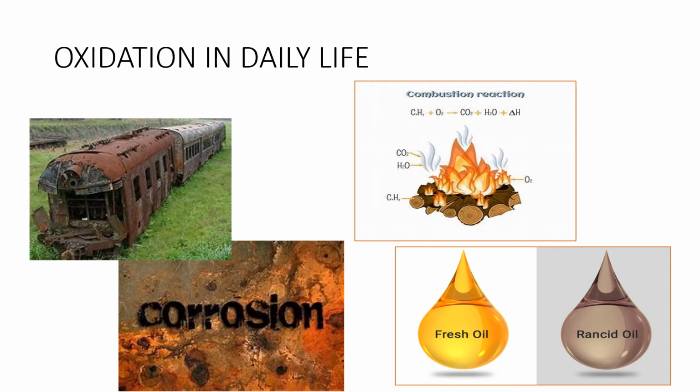Corrosion. We often find that the surfaces of many metals become either dull or are slowly eaten up when these are kept in open for a long period. This is called corrosion. For example, the surface of copper acquires a green coating due to the formation of basic copper carbonate, which is Cu(OH)2·CuCO3. This is because of a chemical reaction that has taken place between the metal and the constituents of air.